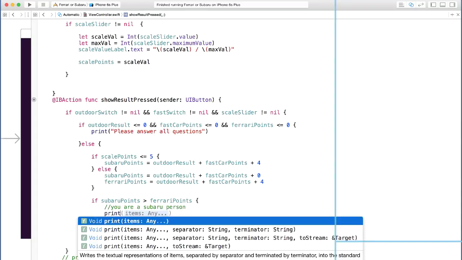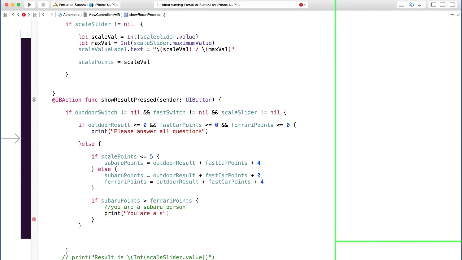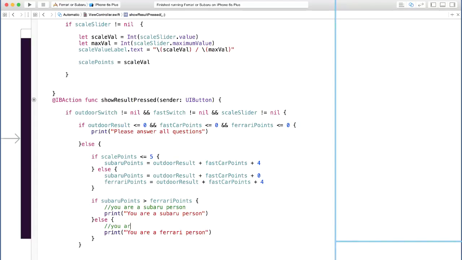So let's print and say you are a Subaru person. Just going to copy this. Now, if that's not true, say else. That means Ferrari points is more, and this person is indeed a Ferrari person. Let's say you are a Ferrari person.